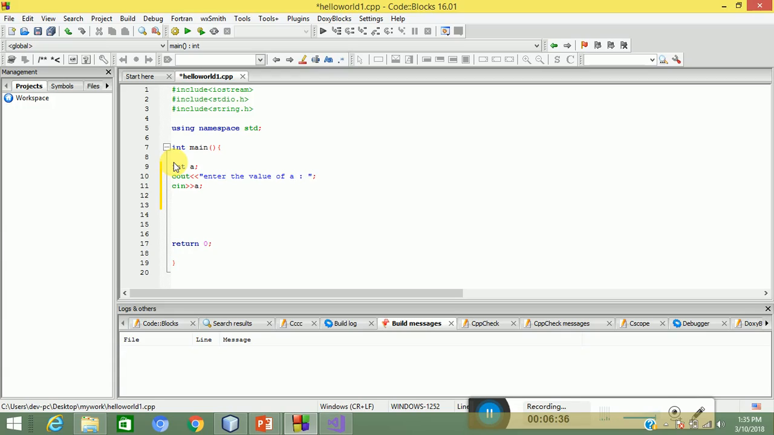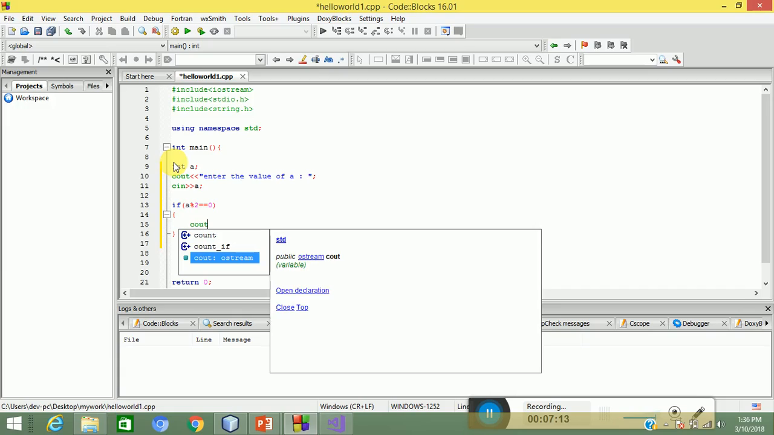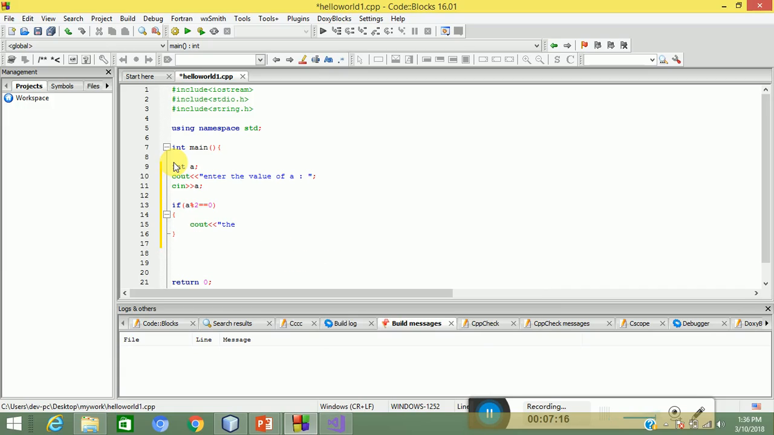Basically, even numbers are those which on dividing by 2 give the remainder equal to 0. So we know one of the operators that gives the remainder. Let us have an if condition for that. If a mod 2, meaning the remainder on division by 2, the modulus operator gives the remainder. Double equal to means check whether it equals 0, then cout the number is even,